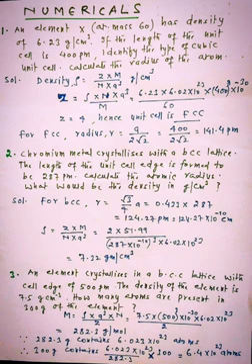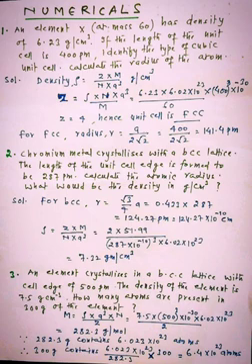So atomic mass of the element, that is capital M, is equal to rho, density, into a cube into N upon Z. So put the value of density, side length, Avogadro's number and Z. The value comes out to be 282.3 gram per mole. So this is the atomic mass of the element. Now we know that atomic mass of any element is equal to 1 mole, that is, it contains 6.023 into 10 power 23 atoms. So we can say that 282.3 gram contains 6.023 into 10 power 23 atoms, that is equal to 1 mole.